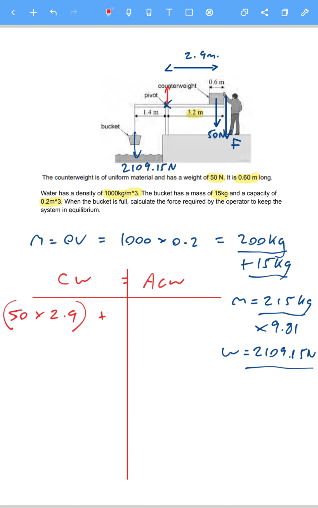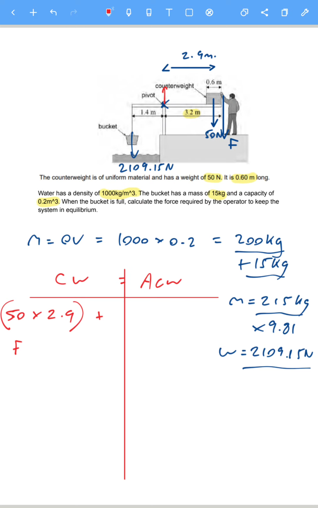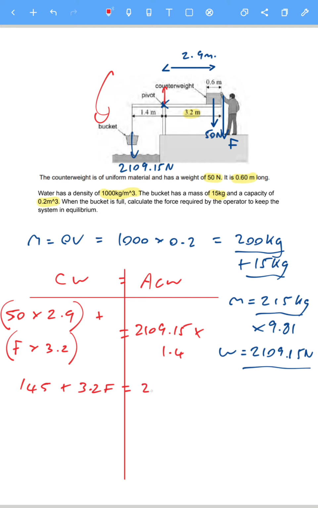Plus the other clockwise moment is the force from the operator multiplied by the distance, which would be the full 3.2 meters. So that's clockwise. We've got to make that equal to the anti-clockwise. Now the anti-clockwise is the bucket itself. So that would be 2,109.15 multiplied by the distance from the pivot, which is 1.4 meters. So if you put all that in your calculator, what we'll end up with is the 50 times 2.9 is 145 newton meters, plus we've got 3.2 lots of F equals the 2,109.15 times 1.4 is